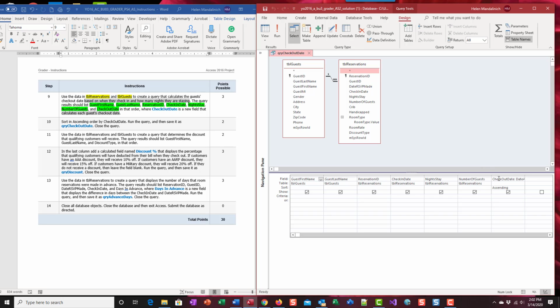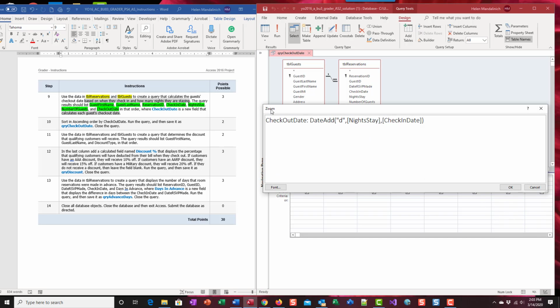So I go to this first column at the end of my fields, and I right click, zoom, and I start building my calculation. So checkout date, that's the name, so I'm going to type it, colon, and then on the right hand side I'm going to build my formula. We want to add the number of nights stay to the check-in date. So I'm going to use date add,